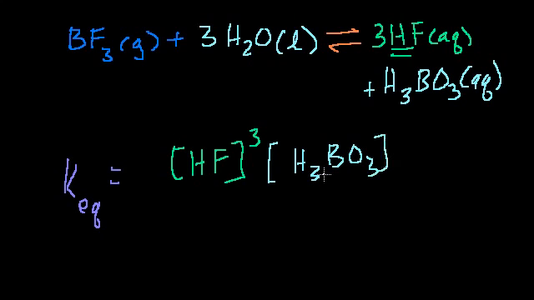H3BO3. And remember, this intuition of why you're taking this to the 3rd power is, what's the probability? Because in order for the reaction to go this way, you need to have, I guess you can kind of view it as 3 molecules of hydrofluoric acid being very close to 1 molecule of the boric acid. So this is, if you watch the last video I just made about the intuition behind the equilibrium constant, indicative of the probability of this reaction happening, or the probability of finding all of these molecules in the same place. And of course, you can adjust it with a constant, and that's essentially what that does. But that's on the product side, or the reactant, depending on what direction you're viewing this equation, divided by,